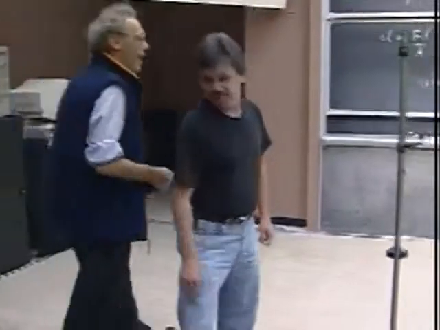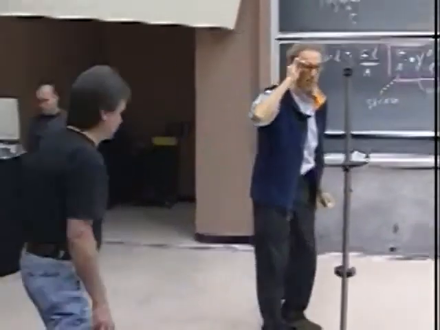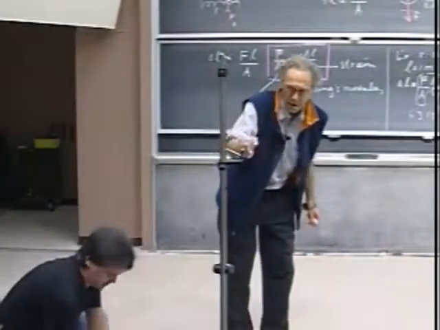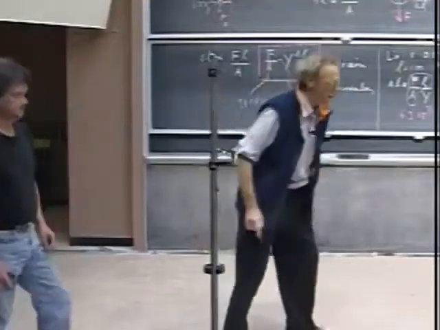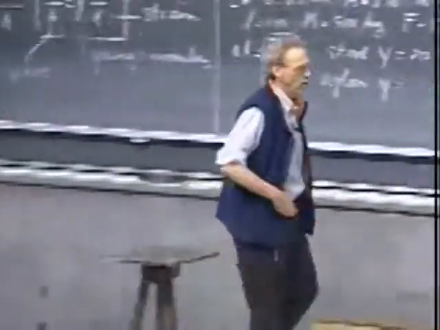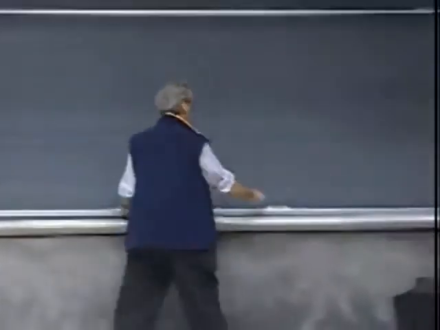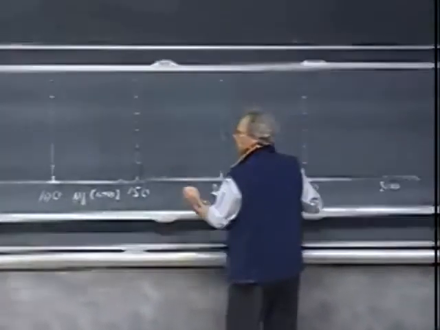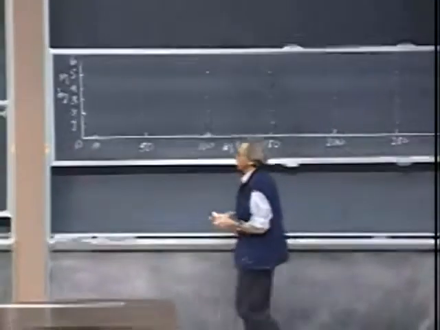So here is that copper wire, which will be hard to see for some of you. It's only 20,000th of an inch thick. And here is that mirror, which can pivot and can tilt. And Ron is going to put weights on here. And then we will take the weights off in between. And we will try to construct a curve of the stress versus strain, except that it is practical for me